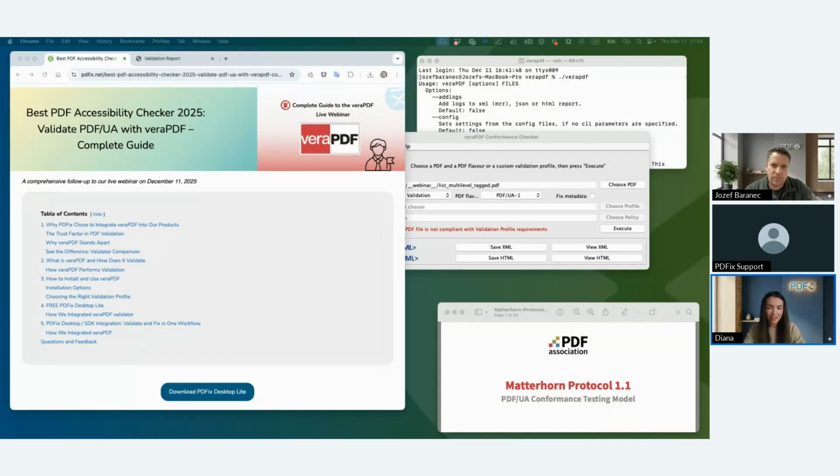So basically, we will just cover a quick introduction to veraPDF, why we at PDFix decided to integrate this open source validator directly into all of our products, and a short look at how validation tools compare. And then Josef will jump right into a live demonstration inside PDFix Desktop and show you how to validate, how to view errors, how to generate reports, and even fix issues, all within a few clicks,